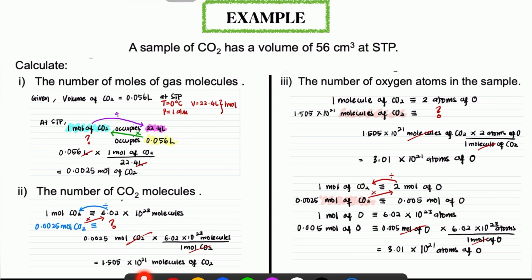Next, find the atoms of oxygen in the moles of oxygen that you have calculated here. Theoretically, 1 mole of oxygen consists of the Avogadro number of atoms. If 0.005 mole of oxygen, it consists of this value times the Avogadro number divided by 1 mole of oxygen. Then you will get, when you cancel